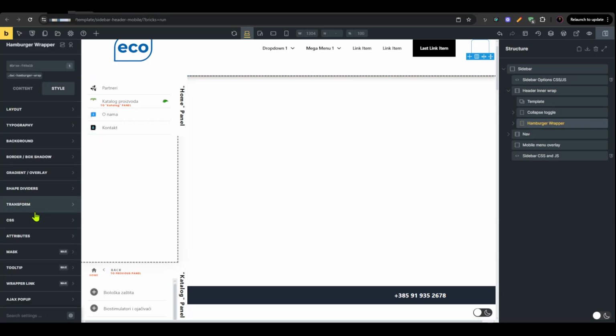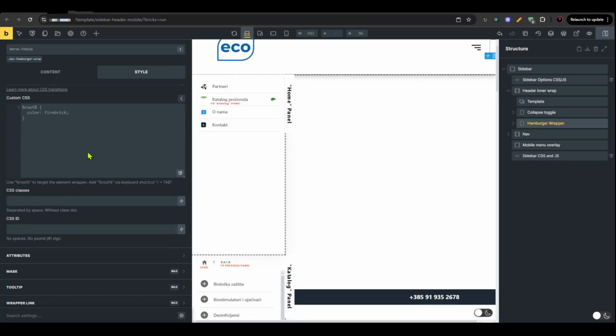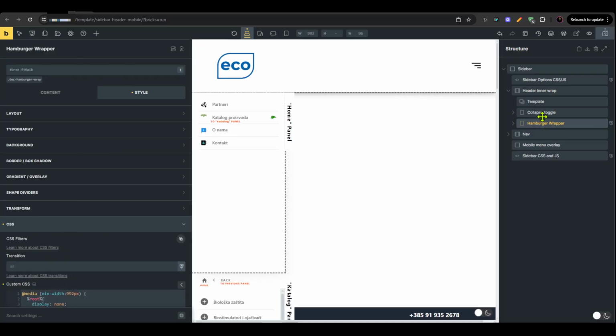So I can simply go to Style, CSS, and just say root. Or I could just write a media query. I could just say at media min width 992. Remember the min width, and then I can say root display none. So it's not going to show until we get to 991. All right. So I can just copy that code